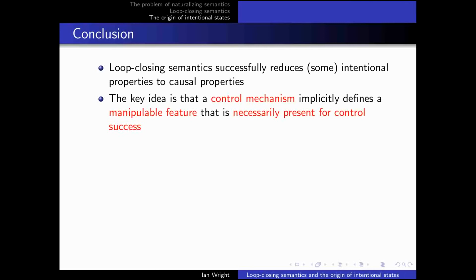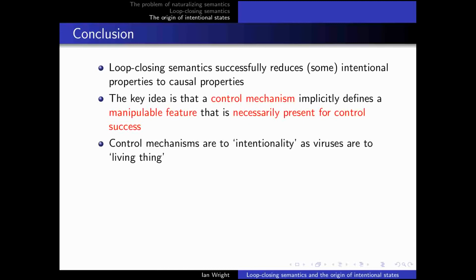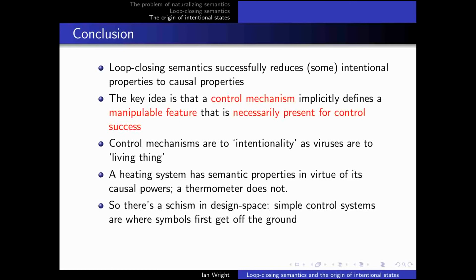Now, the discovery of viruses challenged and clarified our understanding of the concept of living things, and control mechanisms are another simple edge case. For example, loop closing theory justifies the claim that the Fodor machine has states that refer to the presence or absence of dogs entirely independently of us, even though we built it. But of course, the Fodor machine doesn't refer to dogs in the way we do. The machine has no concept of a dog. In fact, it has no ontology at all. Should we therefore deny that it refers to dogs?